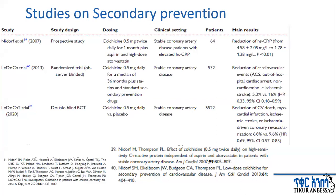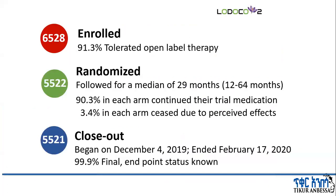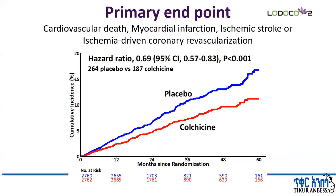was done by a team led by Nidarov, and demonstrated that this molecule is very helpful in chronic coronary syndrome. The LoDoCo2 trial, which was published in the New England Journal of Medicine last August 2020, in conjunction with the European Society of Cardiology 2020, the digital experience, and received a big applause in the medical community by demonstrating that